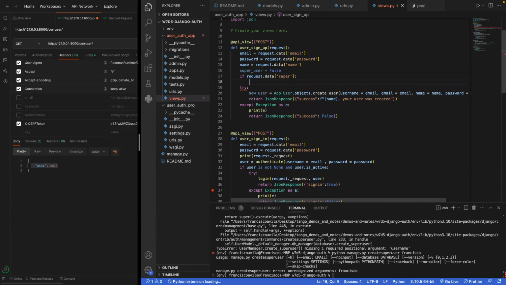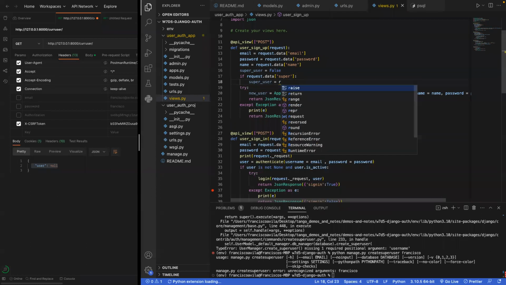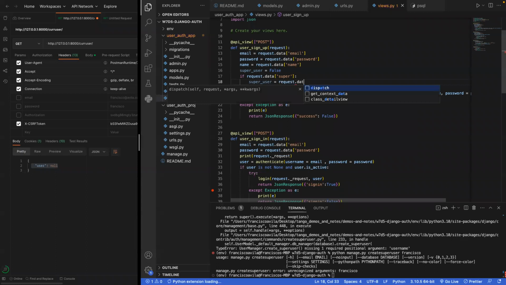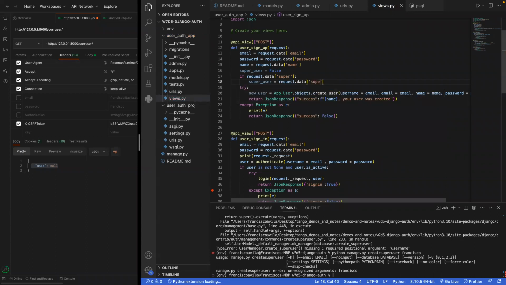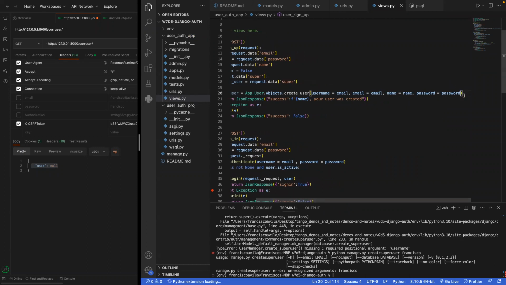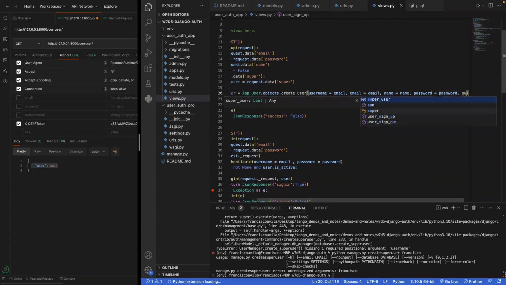If request.data.super, then I want super user equal to request.data super. And when I go to create it, I'm going to